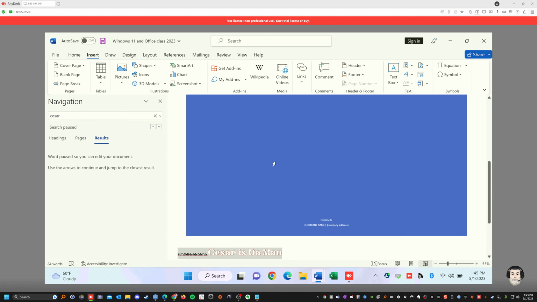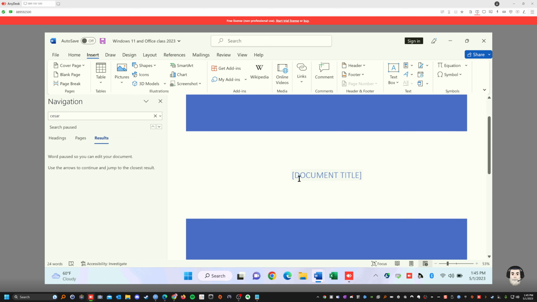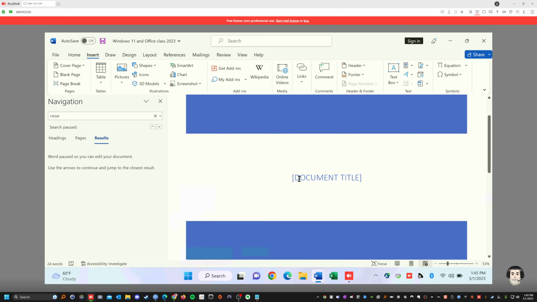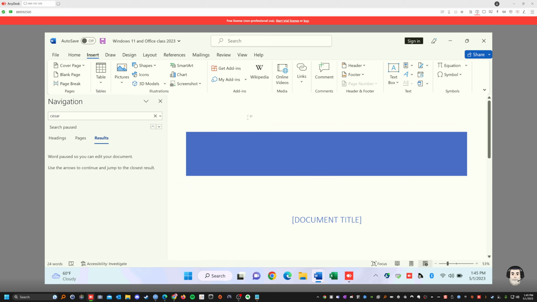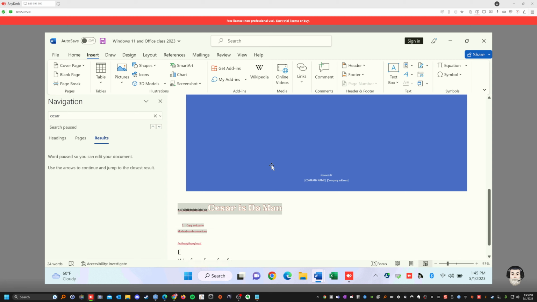Blank page, you could add another blank page. So far you got 2 pages, you could add another blank page. See, now you got 3 pages. The next one is page break. If you want to break them, Control, Return, you could break the pages. So the pages are broken now. See?